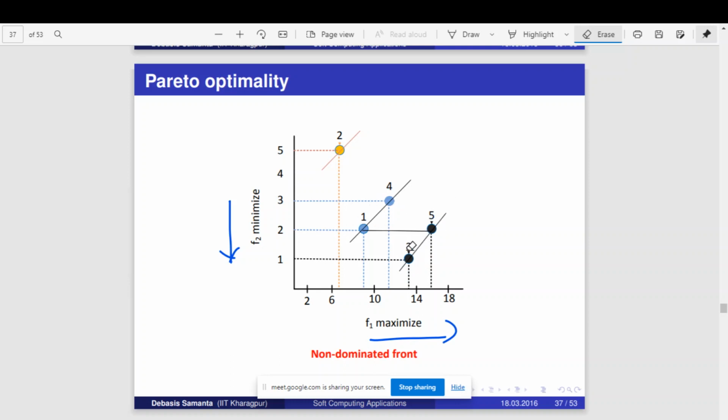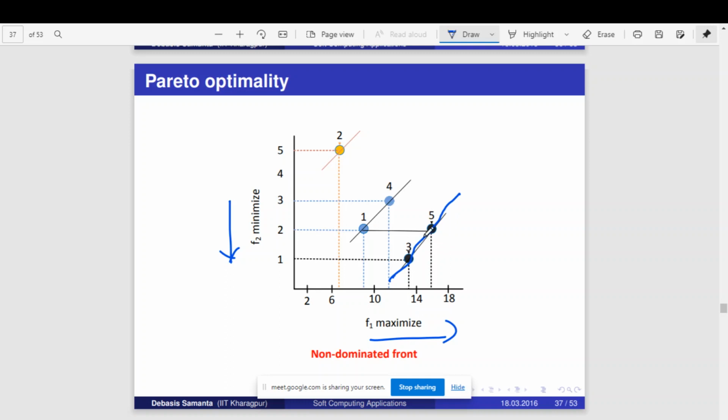Okay, fine, good. Now I'm coming to that. So you answer this. What about 5 and 3? Could you say 5 is better than 3? So why are you saying don't know? So does it mean that 5 is worse than 3? Yeah, so it's either way, right? So when you consider these two solutions, this is a Pareto optimal front.